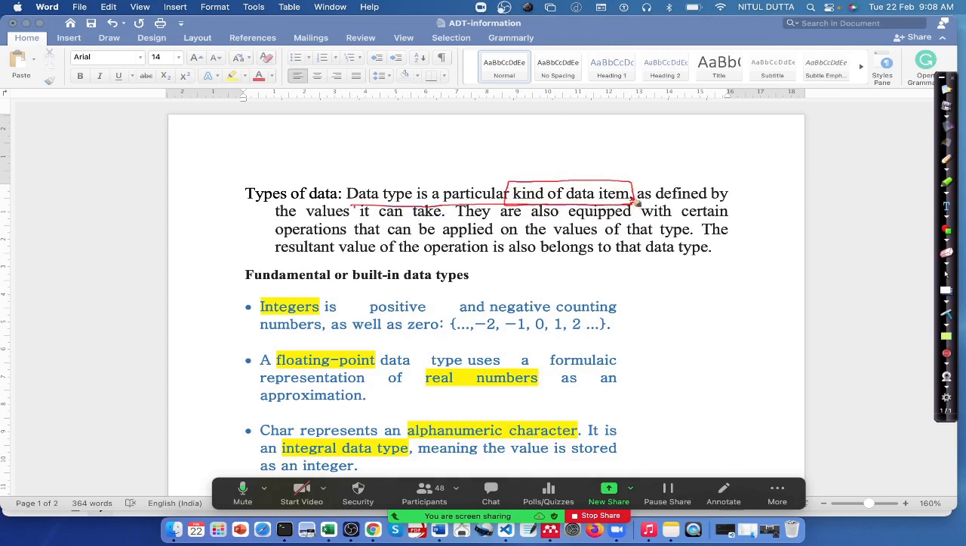Data type is nothing but a kind of data items as defined by the values it can take, and they are also equipped with certain operations that can be applied on the values of that data type, and the resultant value of the operation also belongs to the same data type. Assume that some data, for example,